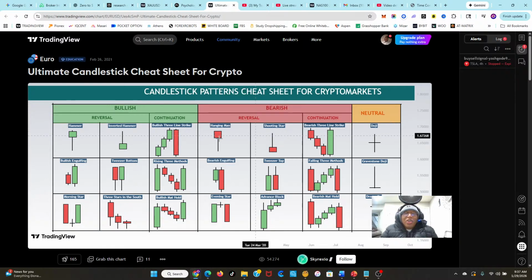Okay. So the ultimate candle pattern. I have a cheat sheet here. You don't have to memorize them. So you could be looking for this type of candle, the hammer or the inverted hammer. All right. So the inverted hammer right at the top. Okay. Or you could be looking for a bullish engulfing candle or a bearish engulfing candle in case we have